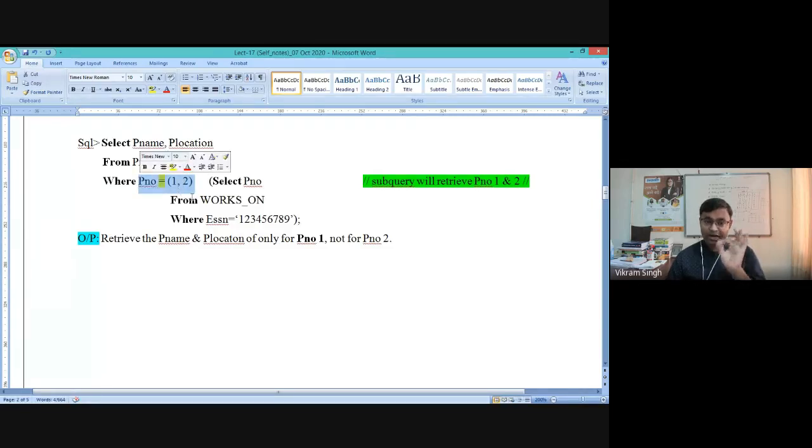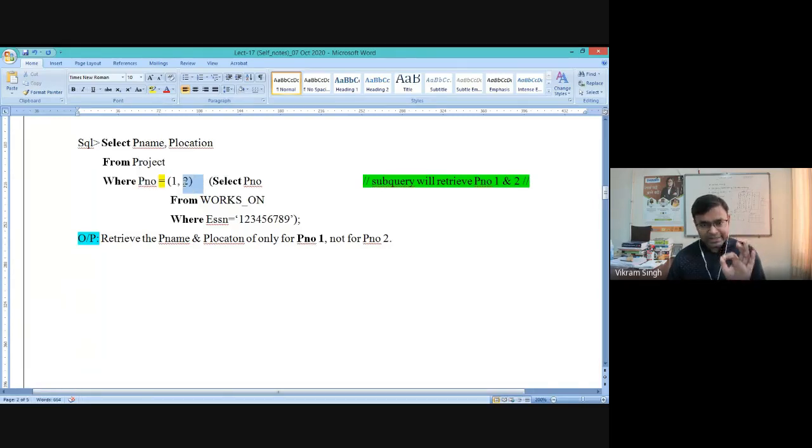In a where condition, you cannot have these. Now we have 3 operands: the project number value that will be used for comparison in the backend, and the two values from the inner query. We are having 3 operands in this condition, which is not supported, not compatible with the equal to operator, right?